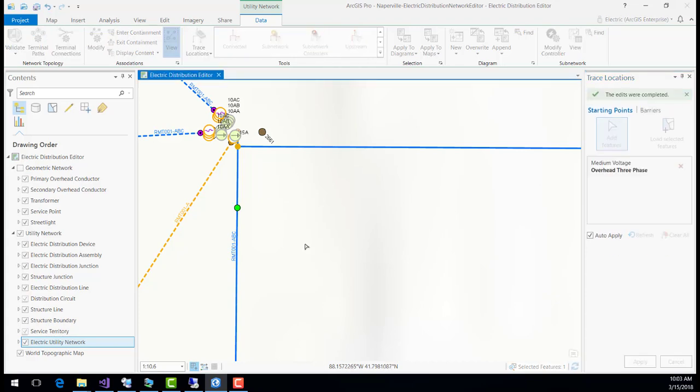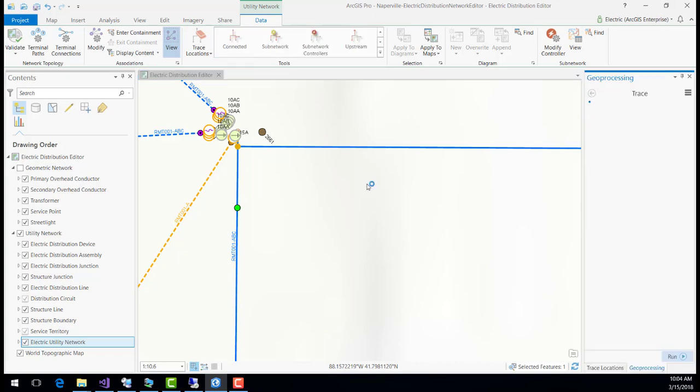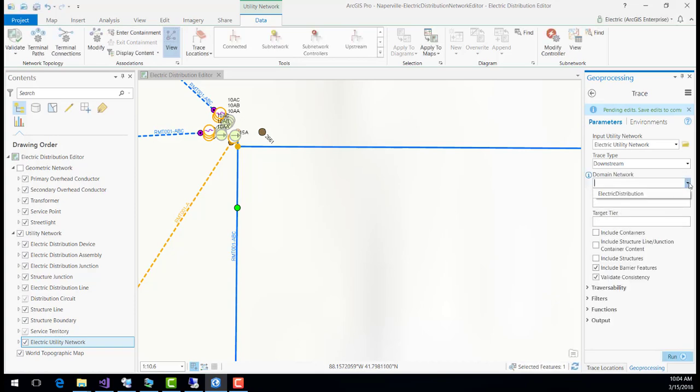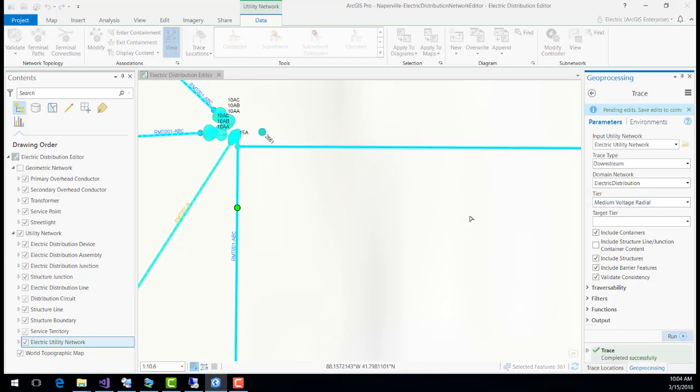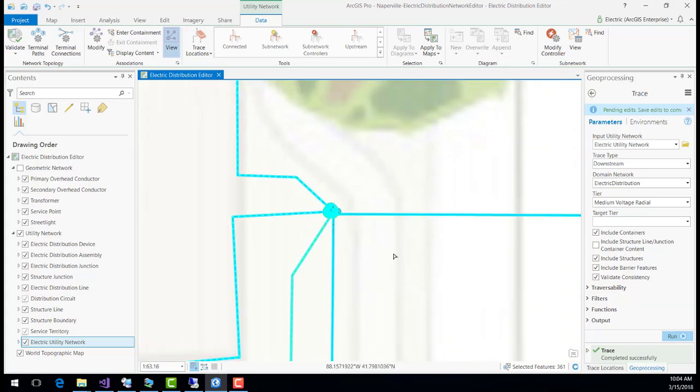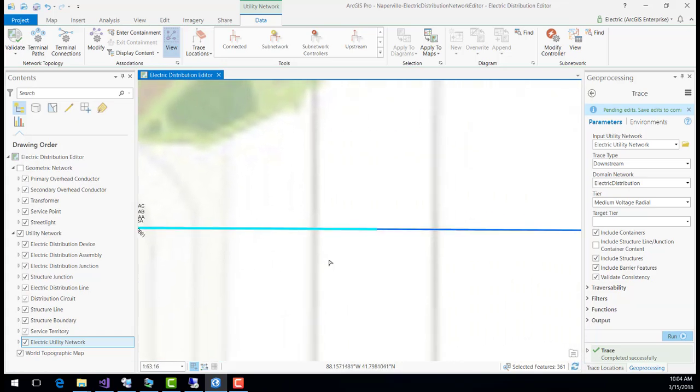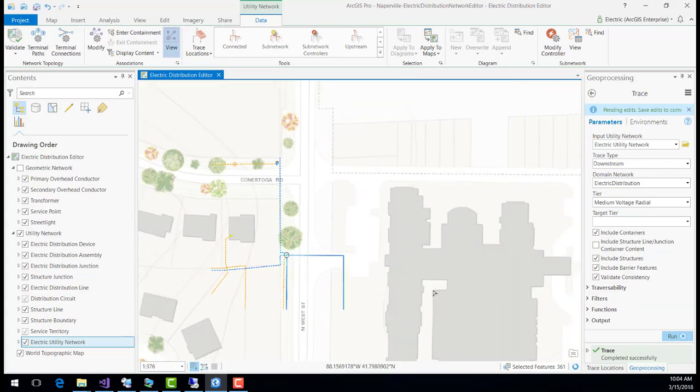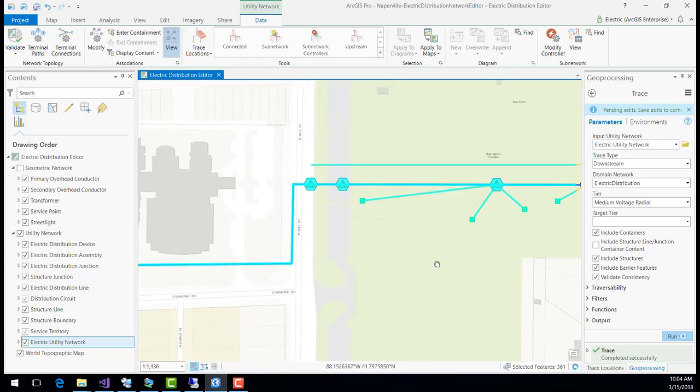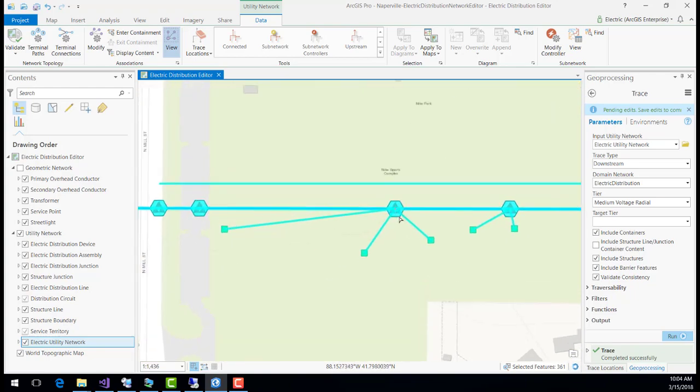We're going to use the standard out-of-the-box downstream trace here to show these new facilities and the fact that they're actually being truly connected to the network. So first we'll select our domain, electric distribution, our tier for medium voltage radial. We'll run the trace. It'll go downstream through both the existing facilities, but also those new facilities we brought across in SSP Sync. So as we zoom out, you'll see those different areas highlighted, really showing that we've created true